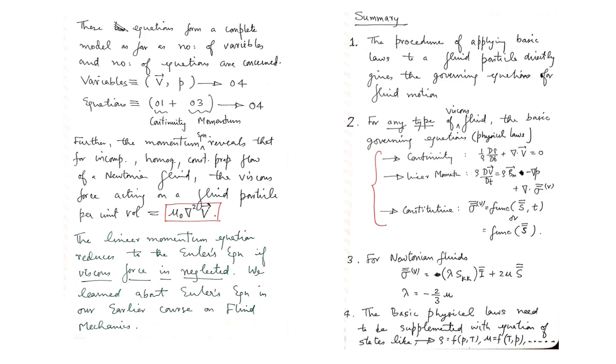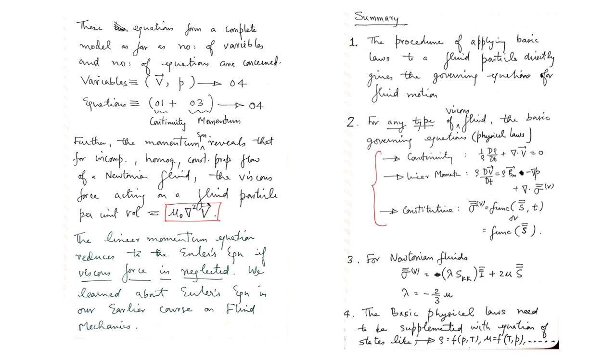And as for the equations, there's one continuity equation, which is a scalar equation, and there are three momentum equations because the momentum equation is a vector equation. So I have four equations. So yes, I do have a complete balance between the equations and the number of variables that are contained in those equations. Okay,